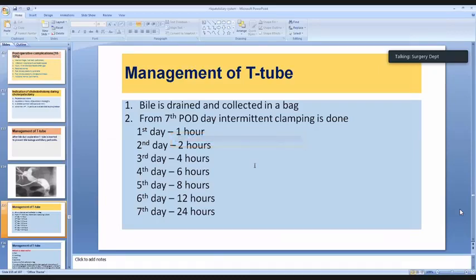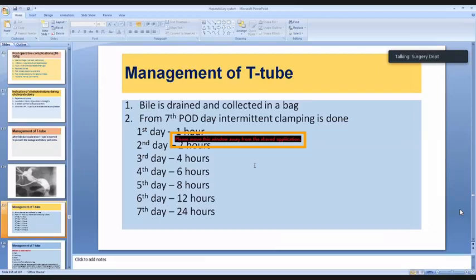First day 1 hour means 1 hour has to be clamped, 1 hour remain open. Second day 2 hours means 2 ঘন্টা বন্ধ, 2 ঘন্টা খোলা, এইভাবে 24 ঘন্টা চলবে।